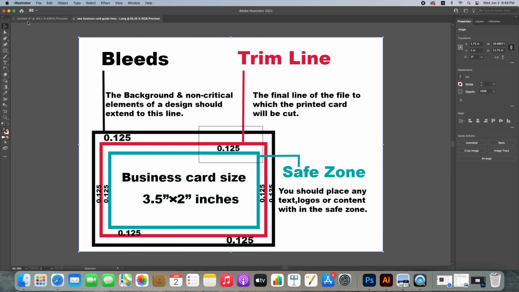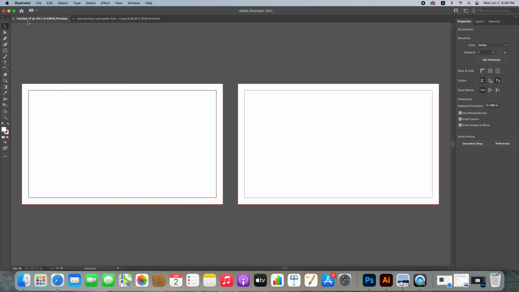So now go to the main artboards. So here you see this is the bleed line, and here we have to draw the safe zone. So for drawing the safe zone, we just need guidelines, and here you see there are no guidelines.